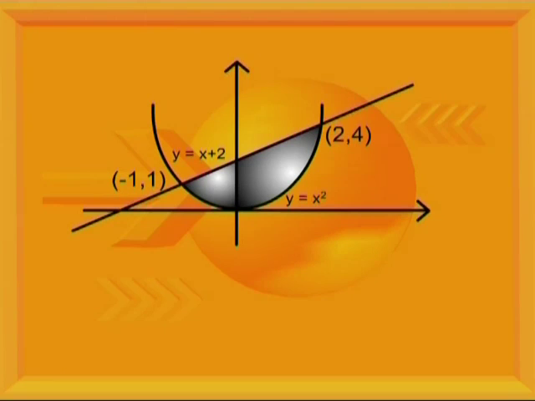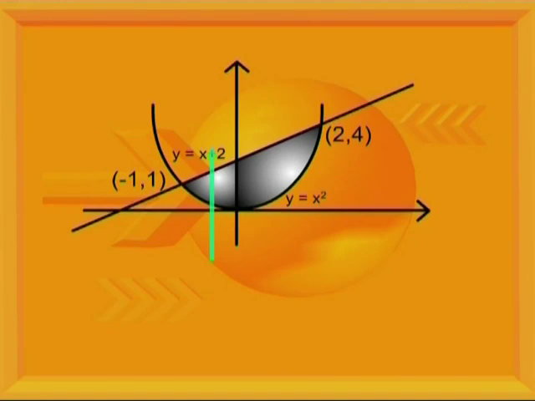Now the integration first with respect to x will be difficult. You can see from the figure. So we decide that we will integrate it with respect to y first. For that we draw a vertical line which enters the region where y is equal to x square and leaves the region where y is equal to x plus 2. So our limits for y are y is equal to x square to y is equal to x plus 2.